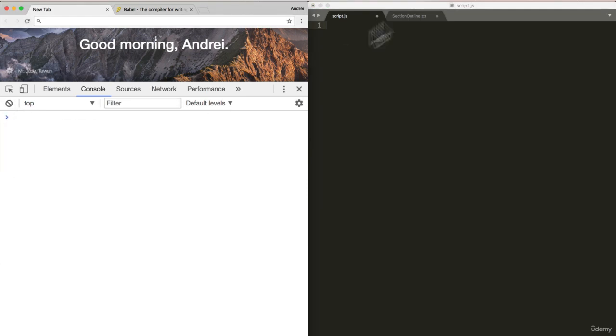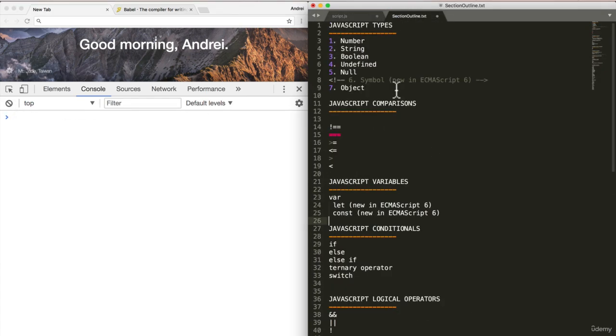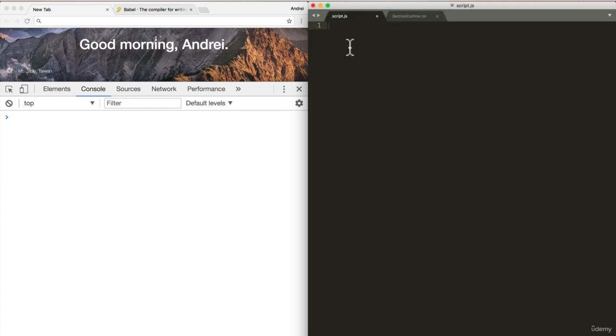Let's refresh here. If you remember, we had one more type to do, JavaScript types, and that is a symbol. It's actually not used very often, but I wanted to show you just because, well, it's a type and we want to complete the 7 types of JavaScript. And a symbol